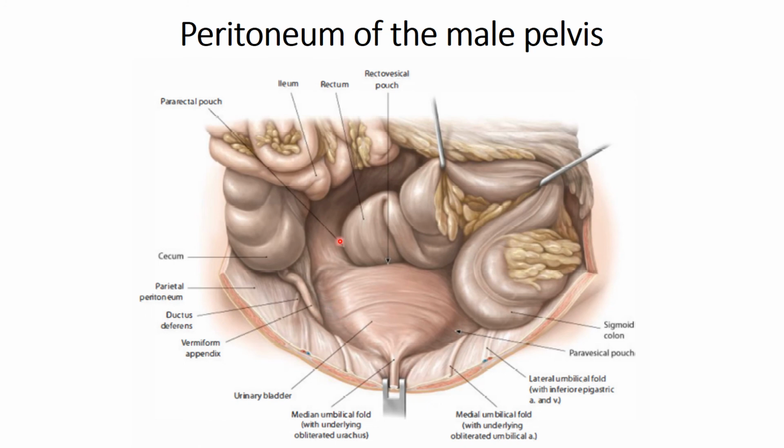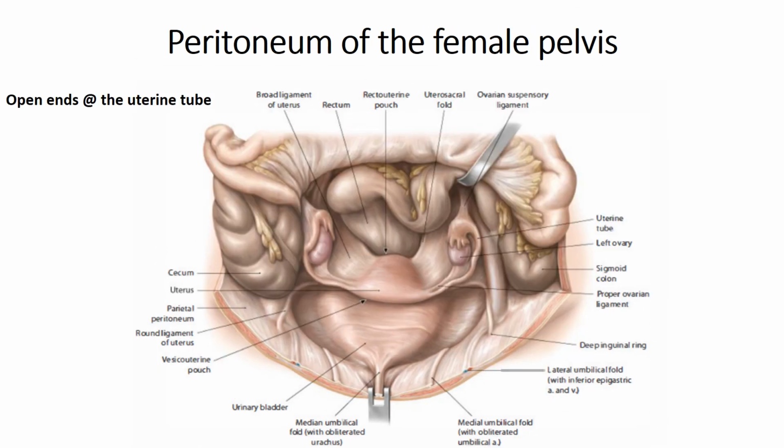ductus deferens. Now between the paravesical and pararectal pouch, the peritoneum is elevated by the ureter and the internal iliac vessels. Now from the apex of the urinary bladder, a midline fold reaches up to the posterior surface of the anterior abdominal wall up to the umbilicus, creating a median umbilical fold.